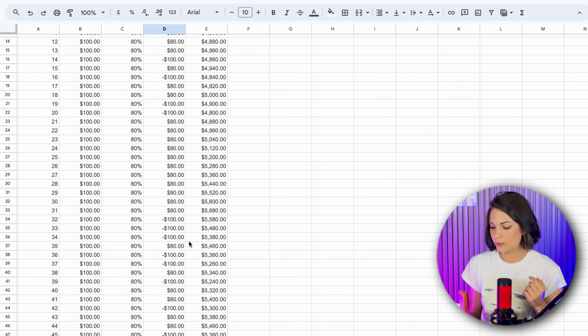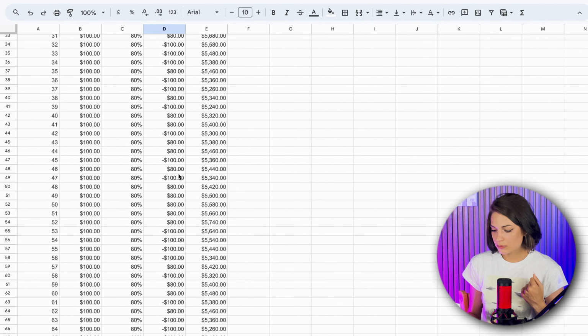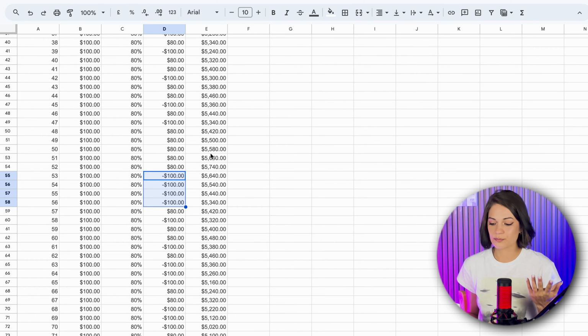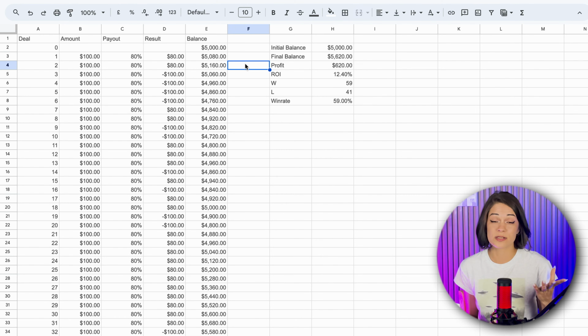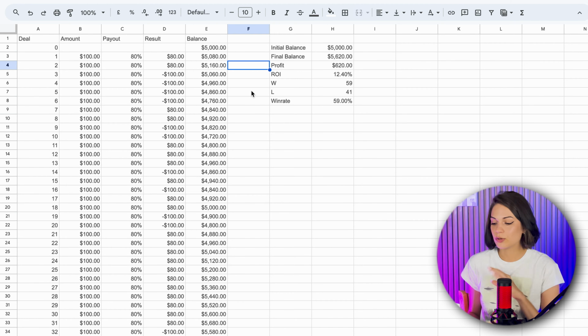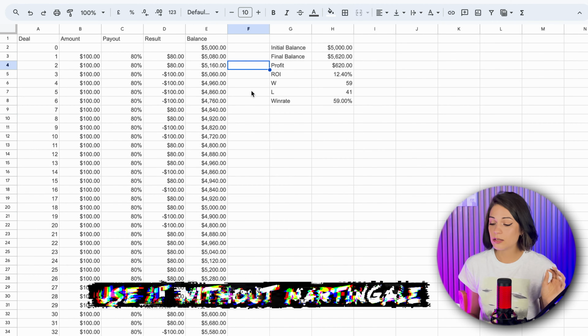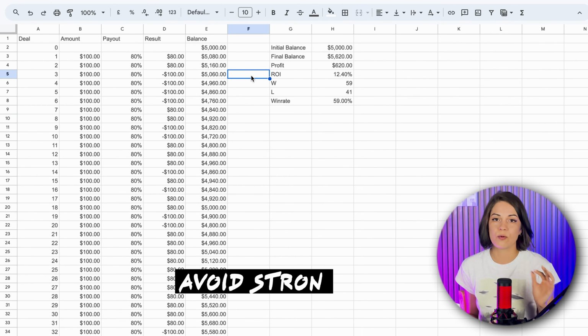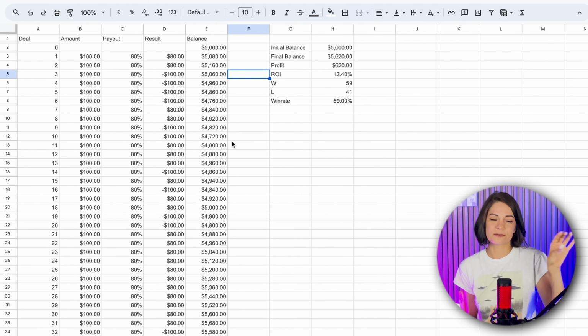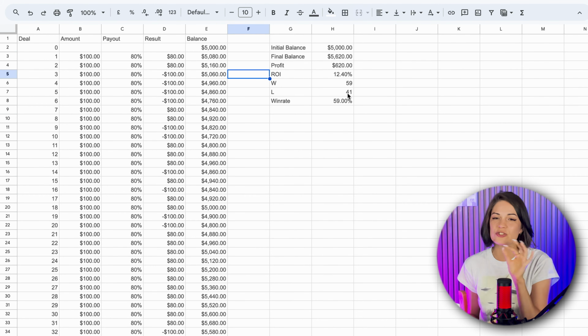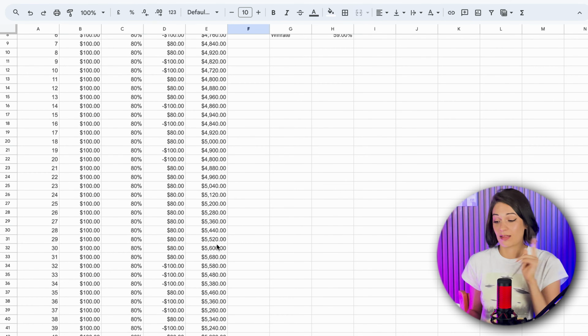4 of them in a row, 3 of them in a row, and 4 of them in a row again. So you can obviously see that this strategy doesn't work, for example, for someone who works with martingale. You can use it without martingale, or you need to avoid strong trend. So add additional indicators that will help you work with